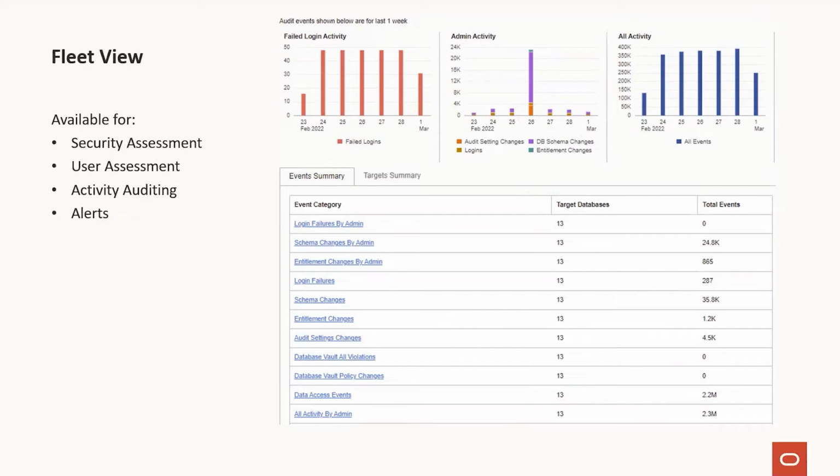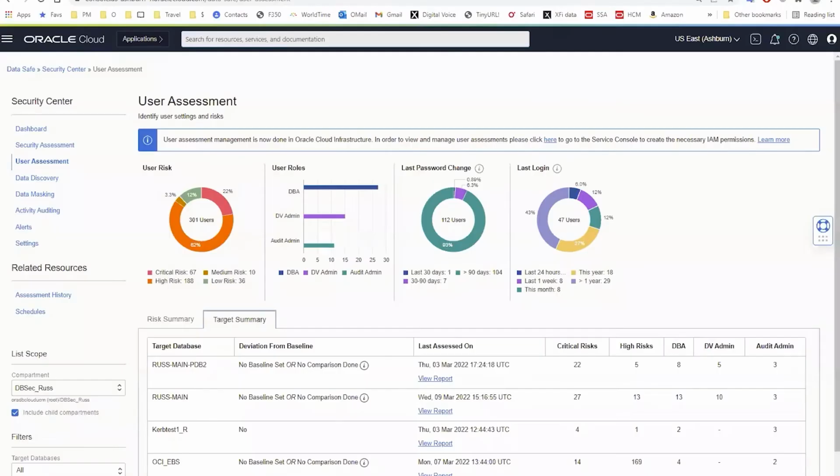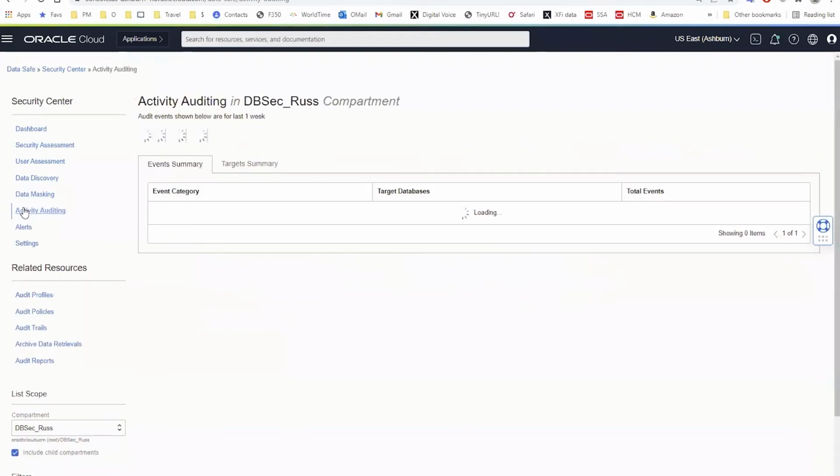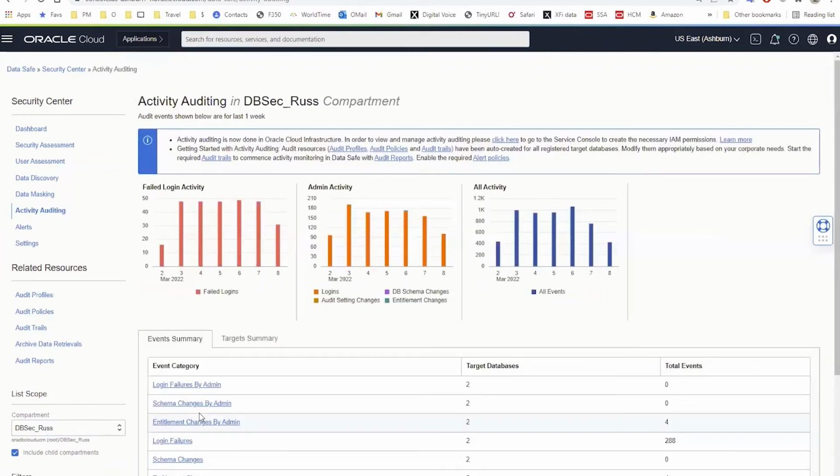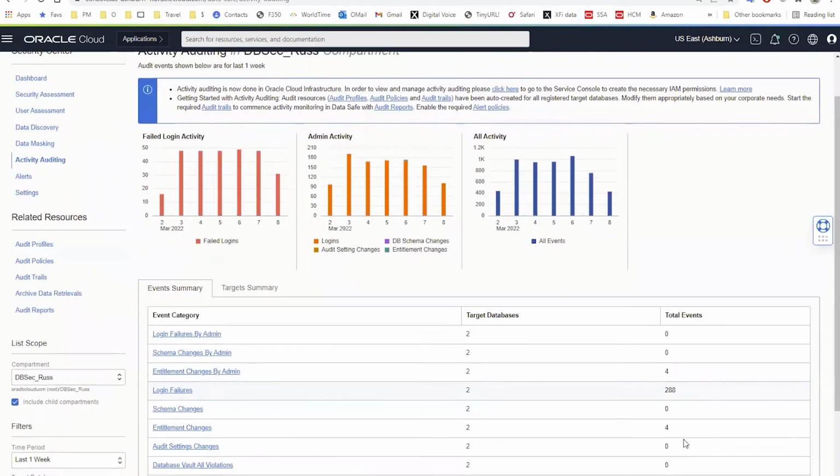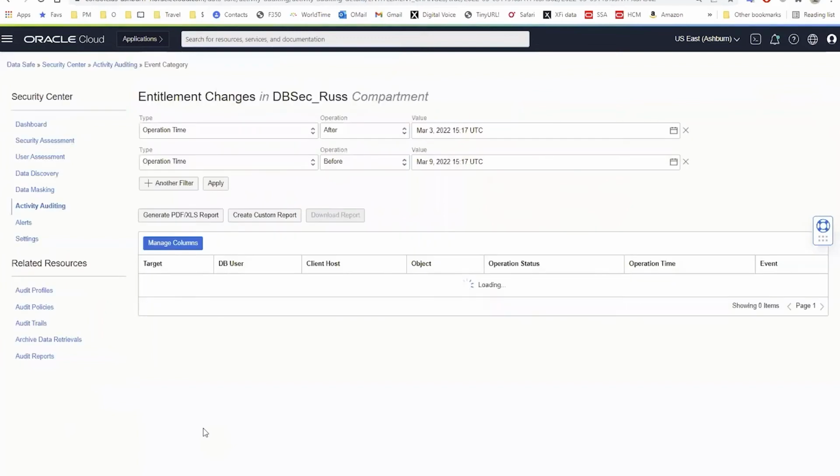And the idea here is, again, you have multiple databases registered with Data Safe. You want to see what is the user risk across all of my databases, or what are the alerts across all of my databases, or, let's just take a look at auditing, because this one's usually interesting. If I'm looking at auditing and I want to take a look at what are the events of type, for example, failed logins across all of my databases, I can see that. So I've had 288 failures across both of the databases that I happen to have auditing being monitored for. I've had 4 entitlement changes across all of those,